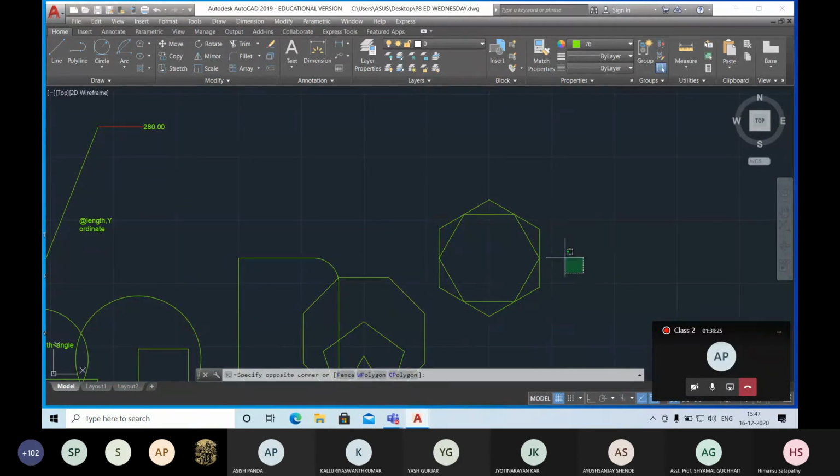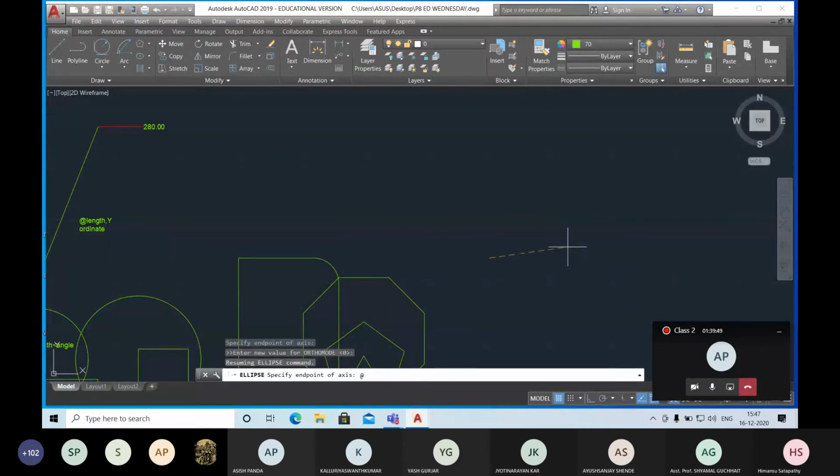The third and last option of the draw command is ellipse. This is your ellipse command. There are center or axis methods, two methods. First of all, I will tell you about the center option. You need to mention the center, 500, 150. This is my center option. You can see I just mentioned the center directly over here.